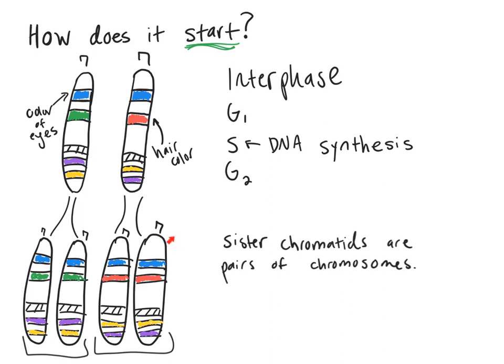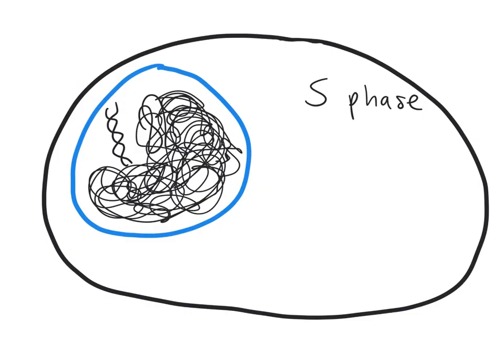So in prophase, all of these are going to connect to each other and trade genes, but I'm going to get to that in a second. So just to recap, it's important to note that this is what the cell actually looks like in S phase. Nucleus is still there. All that's happening is that our DNA is duplicating inside of the nucleus. And this is happening not just for one chromosome, but all 23 pairs of chromosomes that we have.